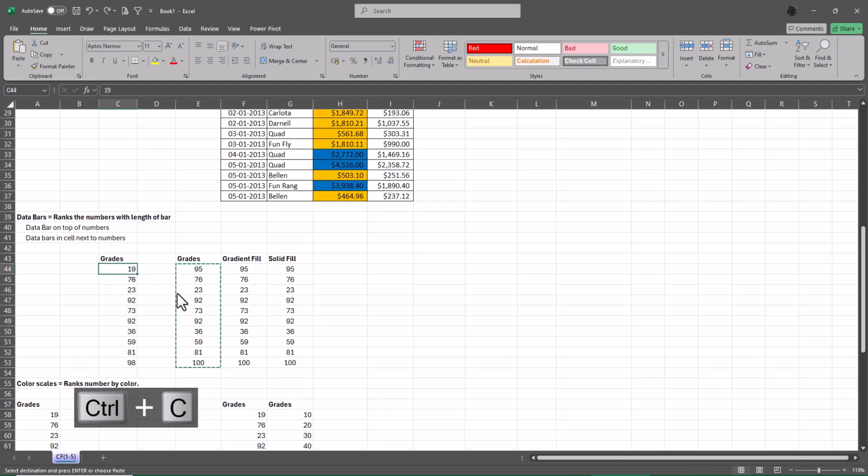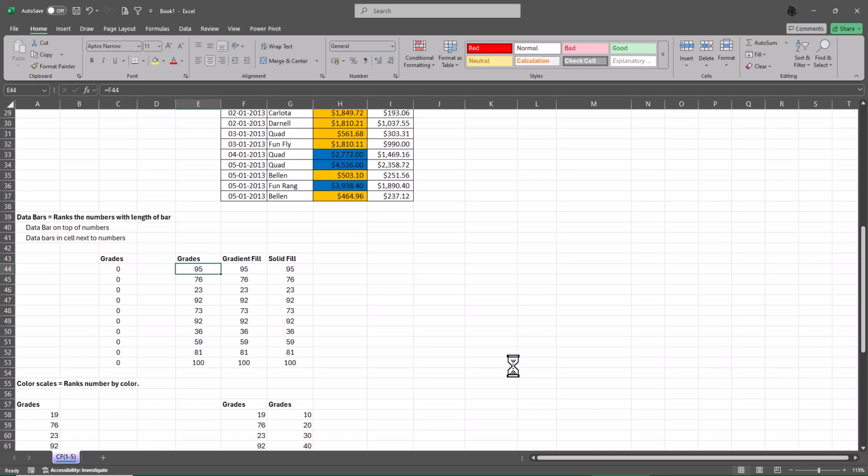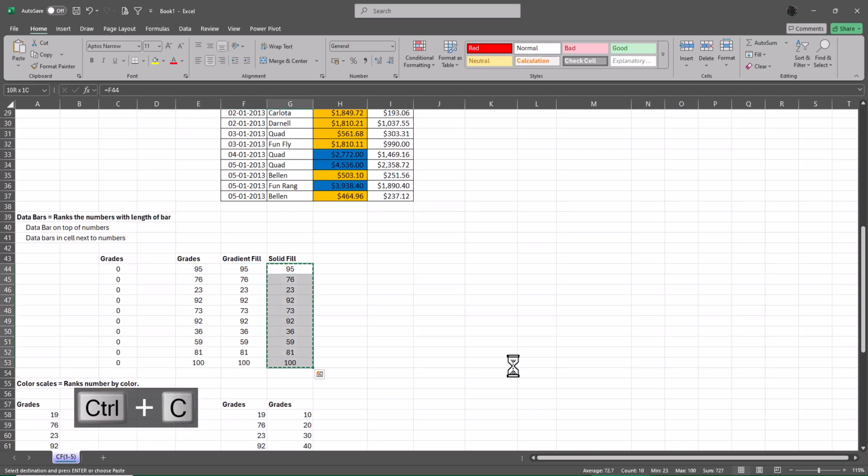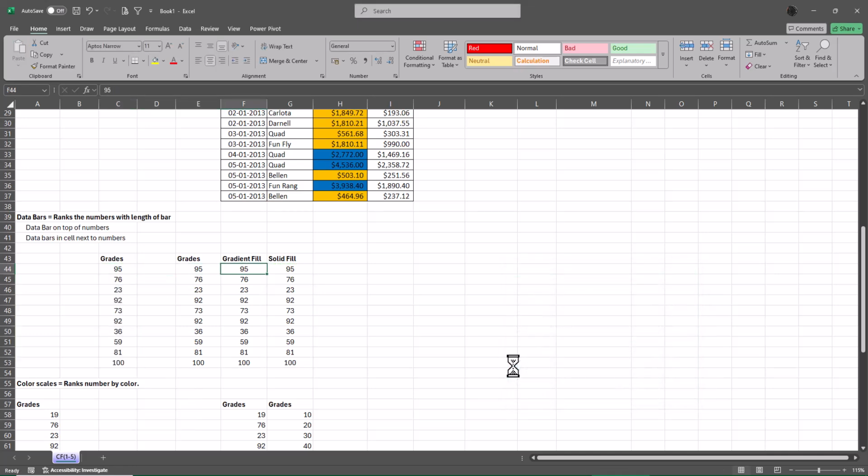So let me just pick up this data and then show you how I'm going to use this data. Let me just take this data and then bring it here because I'm going to use this data. So when I go down to this data set, you can see that my data comes in 3 different columns. When I go for the conditional formatting, again as usual, I'm going to select the range where I want